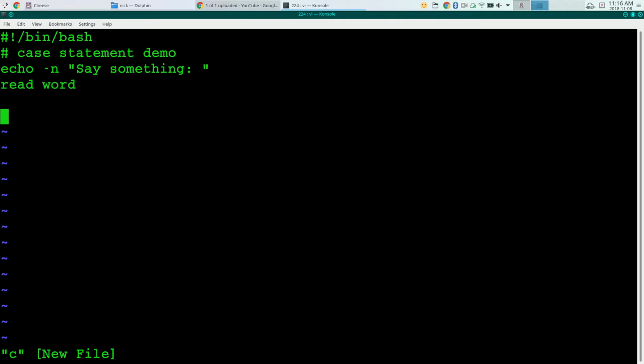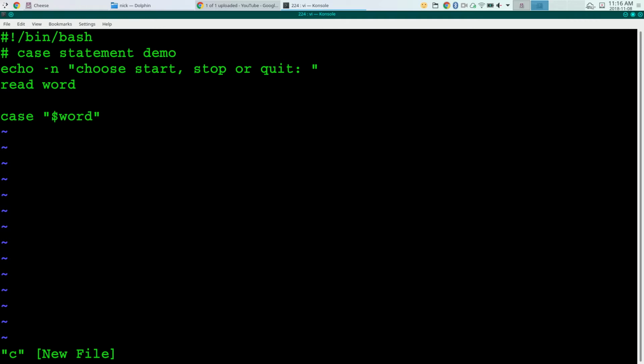Okay, so we can do case statements in Bash. They look basically like switch statements in C. It's nothing you can't do with a bunch of if-then-else's, but sometimes it's cleaner to have this structured as a case statement. So we'll let the user say start, stop, or quit. Okay, so we're going to say case,